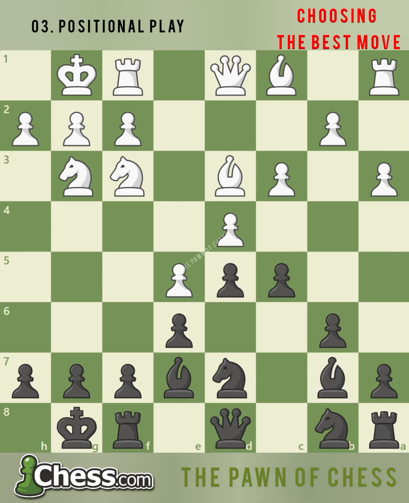Since black's light-squared bishop is clearly worse than white's bishop, black plays bishop to a6, removing one of white's best minor pieces for one of black's less active pieces. When you have less space and your pieces are not as good as your opponent's, trading pieces can often improve your position. After bishop takes a6 and knight takes a6, black's knight on a6 isn't on a great square, but